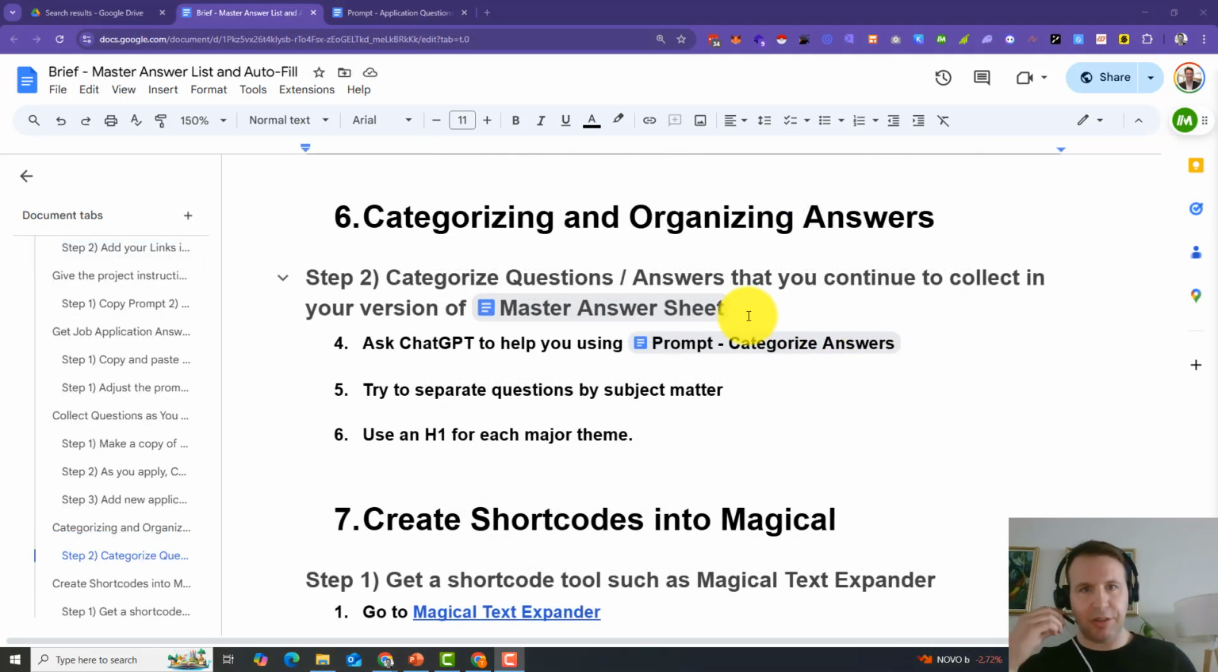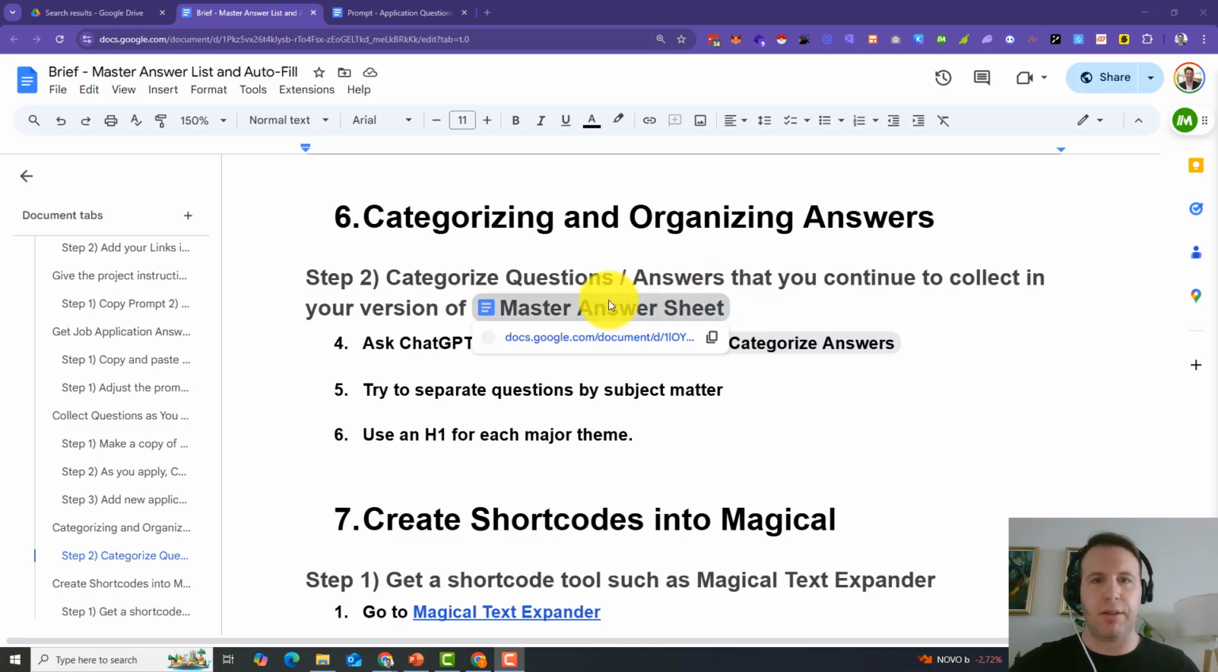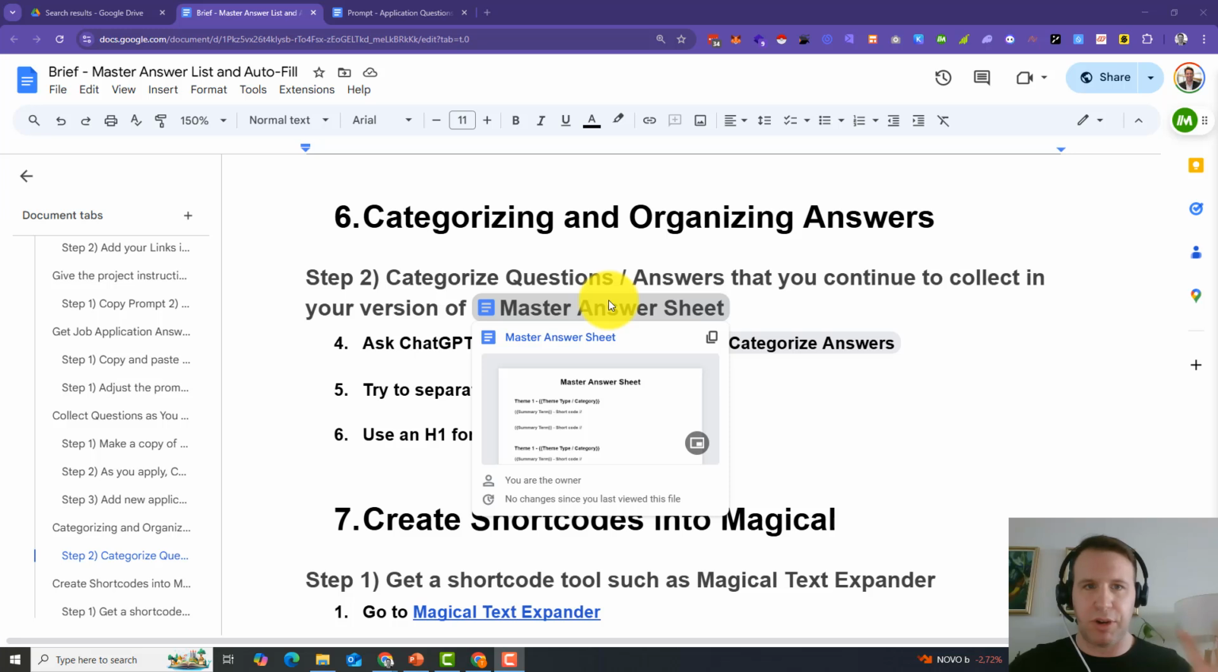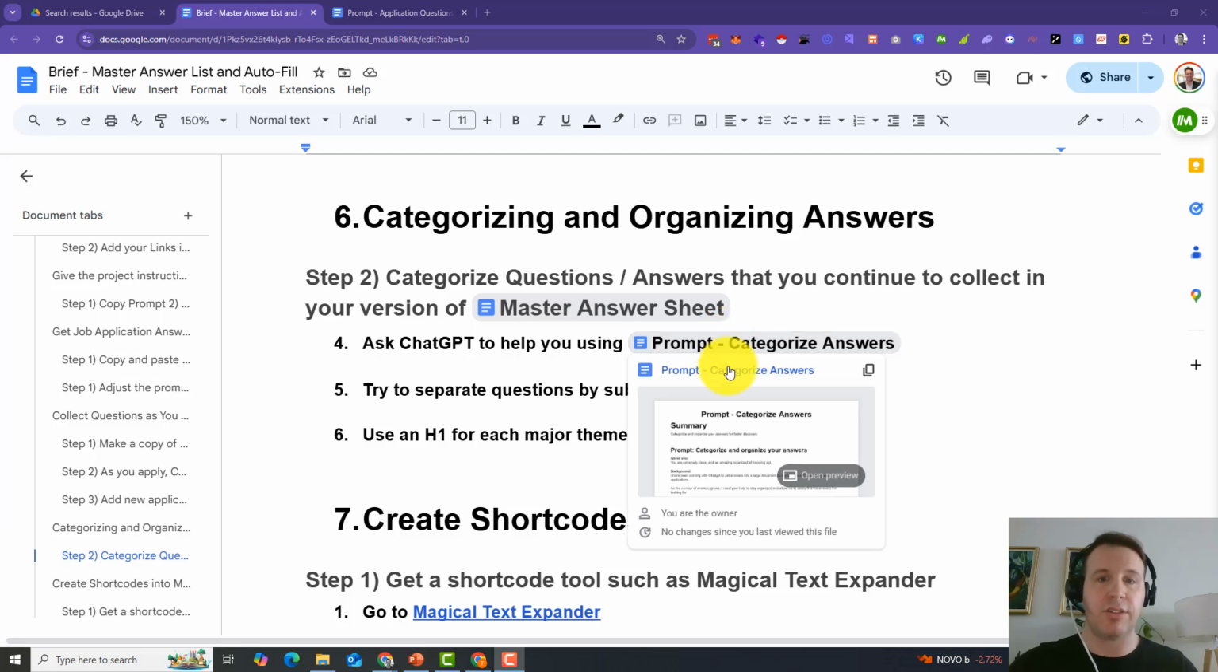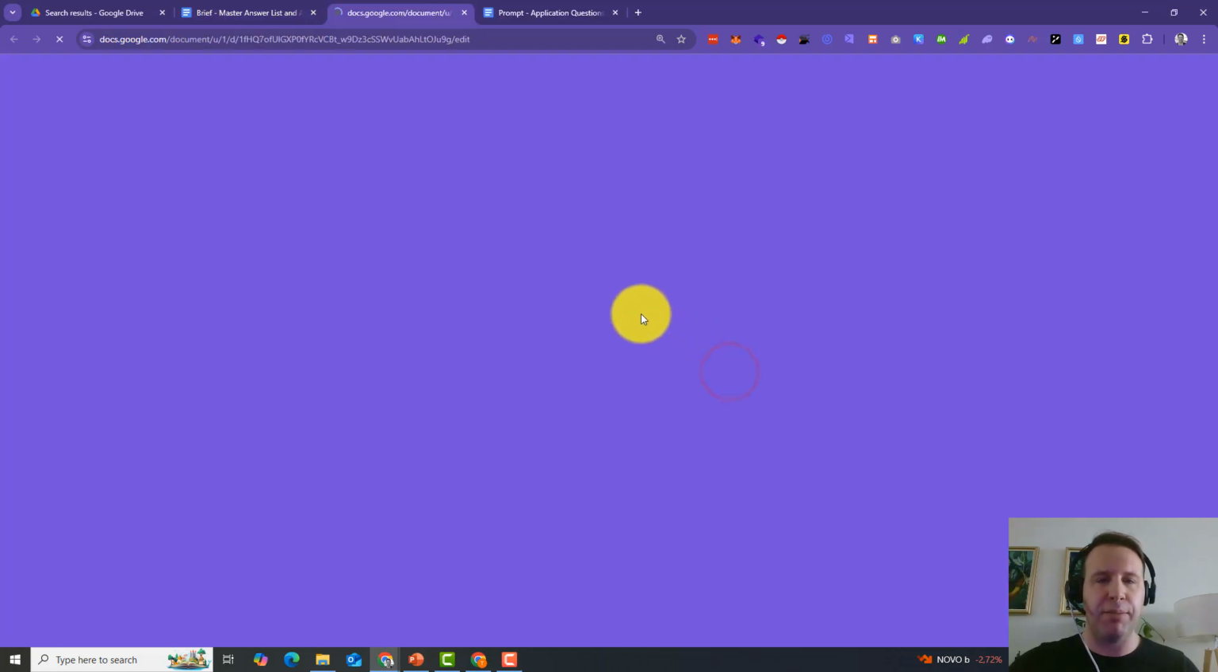Your master answer sheet is going to start to get very full, and that's normal. The idea is that you want to use this to train future data. So we're going to grab all that and we're going to categorize and organize it using our ChatGPT project that we've created. So first thing is first, let's grab the prompt,